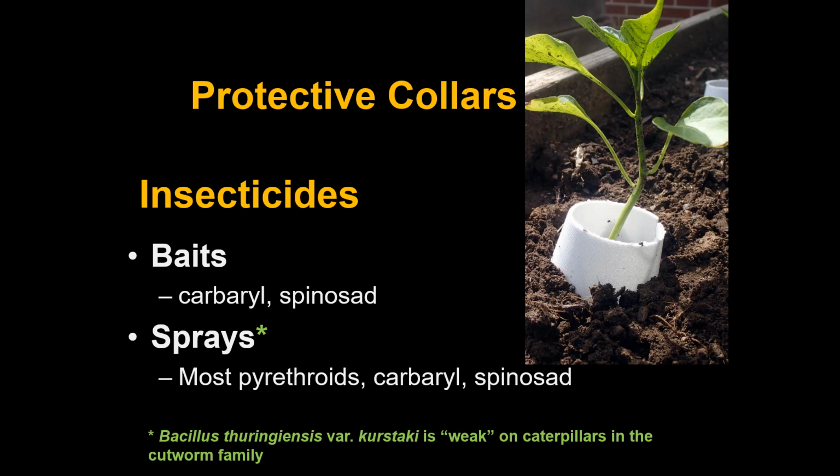One thing that doesn't work very well is BT. The common BT for caterpillars is a strain that is weak on cutworm family caterpillars. Works great on a cabbage worm, works great on a hornworm, doesn't work well on cutworms. So we have to change the strain if we're going to use BT, but generally you use something else. Anyway, that's it for cutworms, and I think